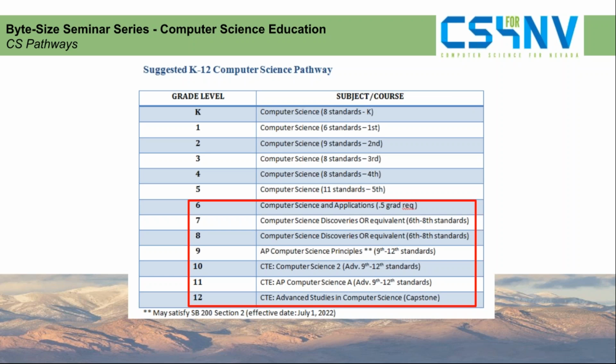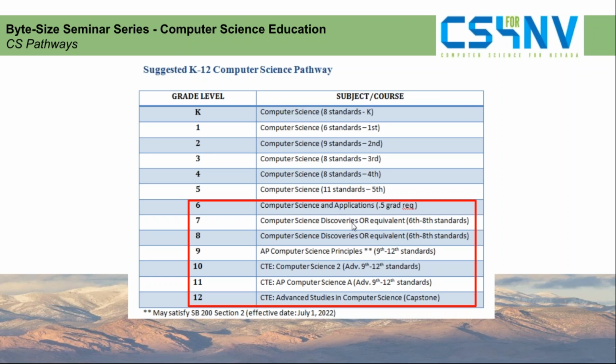Okay. All right. So in some middle schools, they take computer literacy, the old computer literacy, in 6th grade. Yes, a lot of middle schools do that. Other than that, students are offered media classes and electives. Wonderful. So at this middle school level, say they have the old computer literacy, the new computer science applications in 6th grade. Then they could take your media course or Computer Science Discoveries or something along those lines.